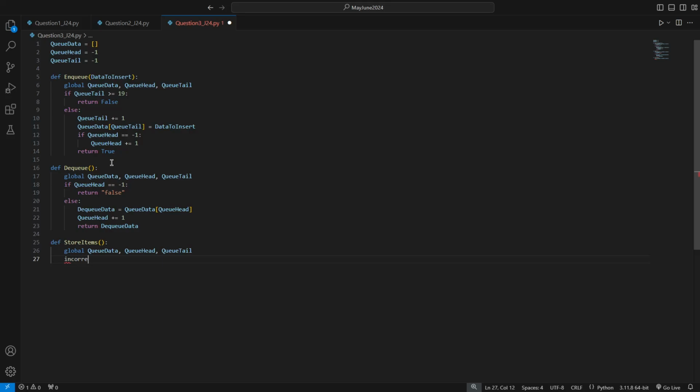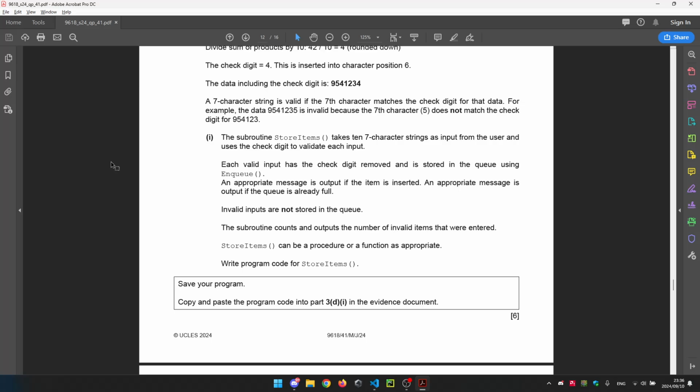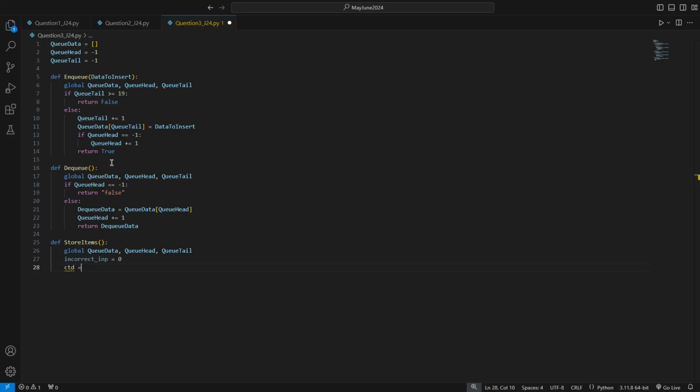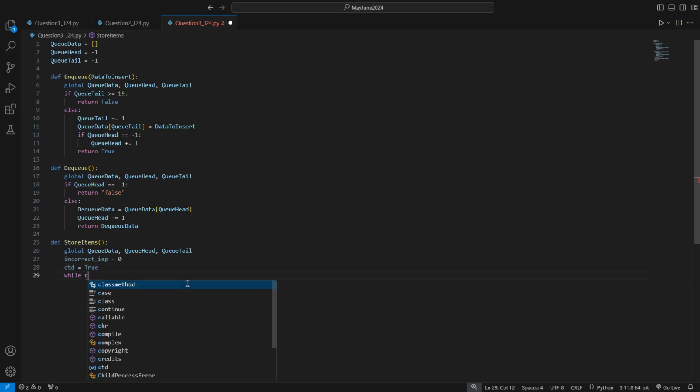So incorrect inputs is going to be 0. And let's do a continue variable. Let's say continue is true as a boolean. So while continue,